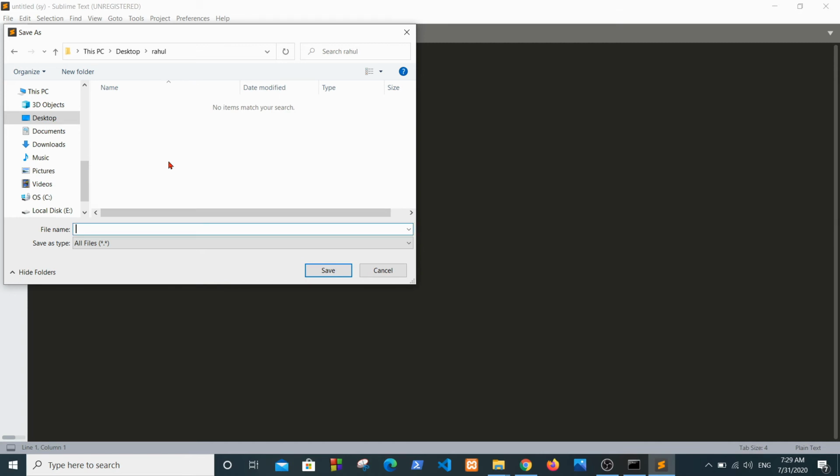For a Python file, the extension will be .py. While saving, make sure you save it with the extension .py. Here I am saving my file as first.py and click on this save.